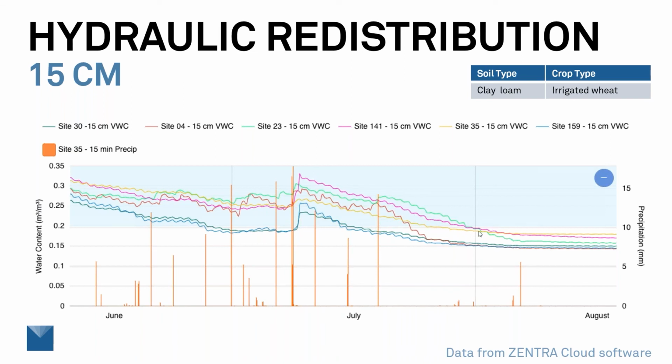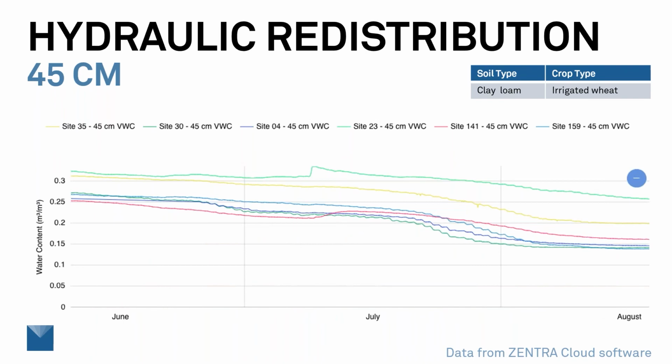We see this happening all the way down until, interestingly, we've turned the water off and the wheat has taken up all the moisture it can there at the 15 centimeter level, and suddenly those diurnal patterns disappear. What about at 45 centimeters? Well, in the June time, we almost see none of those diurnal patterns, and they start a little bit in July for some of these locations, and especially after we turn the water off in late July and early August, we're seeing these diurnal patterns where we see a drop in the day, and a flattening at night.